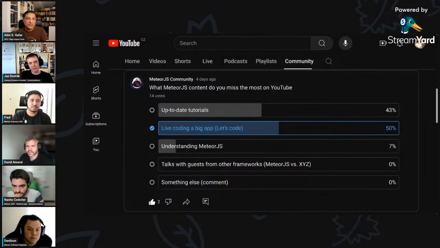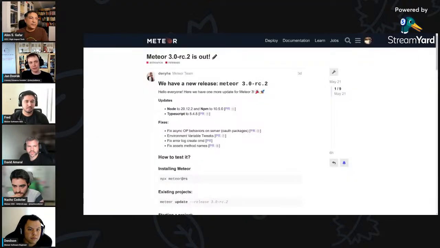All right. Next in the news, we have Meteor 3 release candidate 2 is out. The big part is that Node 20 and NPM 10.5 got an upgrade. Also TypeScript. If you are watching the PRs, Nacho has been working very hard to fix the tests and everything around that.